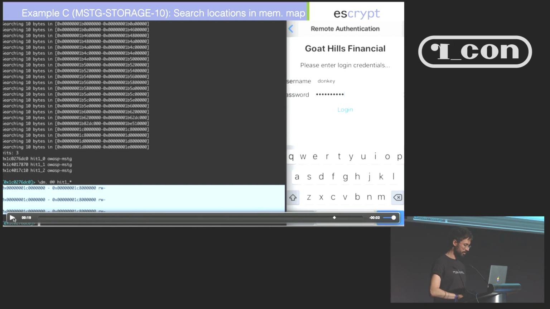And that's it. I will pause it. So that's with a dm command and with a dot. It will tell us where we are in each moment. So where is our offset? And with this other add hit and the glob, we will iterate over all of this. So we can see that they are in some read-write